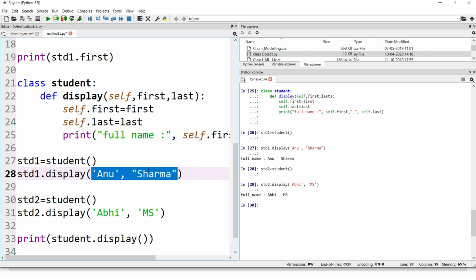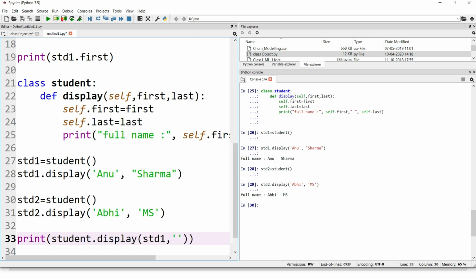You just gave the first name and the last name, and within the method, while you were declaring the method, the first argument was self. So it was obvious that self meant std1, the object which called this particular method. But when you are calling any method through the class name, you have to pass the object name also, std1.